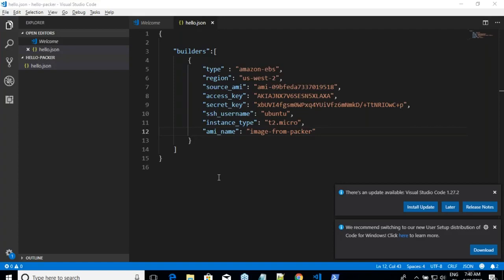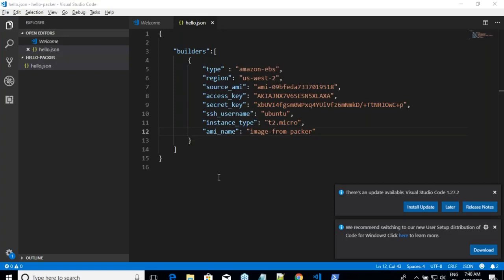All right. What is the next thing? Can we use multiple builders in the same file? Absolutely, you can, but it is not a right practice. I can write the same file to build images in AWS, Azure, and Google Cloud in one shot. But do you think it would be reasonable enough? It will become unmaintainable. Rather, I would write 3 different files. That's why I'll go builder after builder. But you can use multiple builders in the same file. That's why we have an array there. That's the whole reason for having an array.